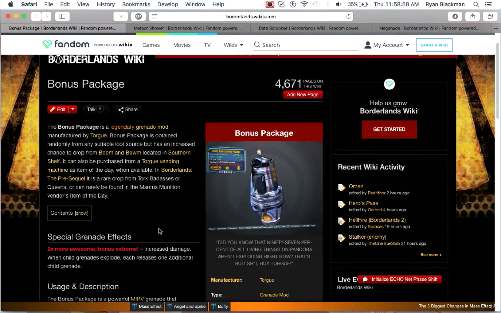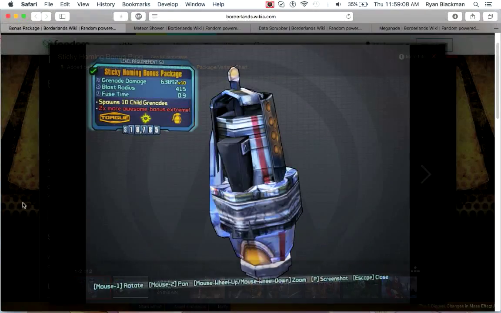They're pretty easy to find, actually, and they're a phenomenal grenade. They have higher than normal damage for MIRV grenades, and when each child grenade explodes, it releases an additional child grenade. So this 10 that you see on grenade damage, the times 10, is really more like times 20. It's just a great grenade for dealing lots of damage in a massive amount of area, but the only thing